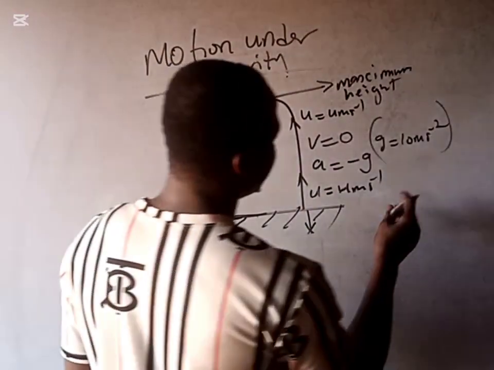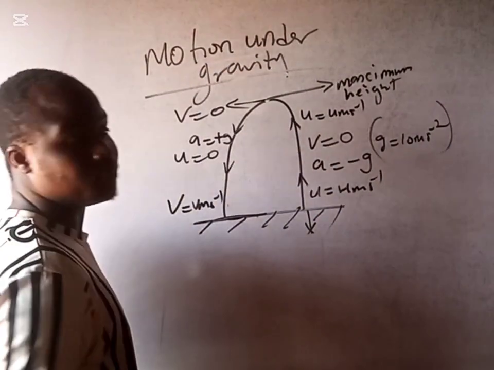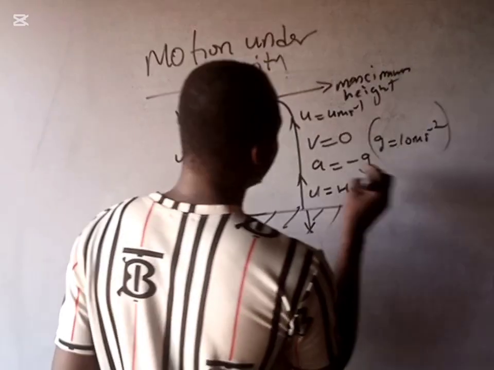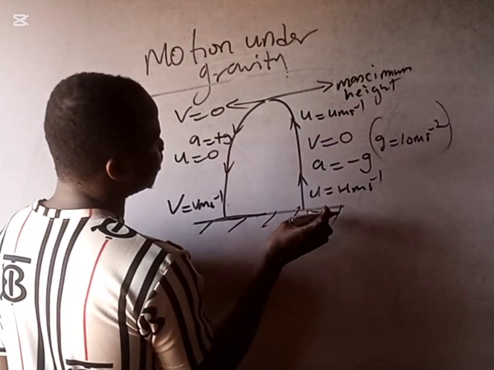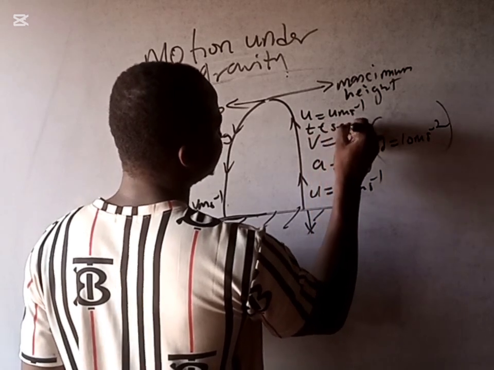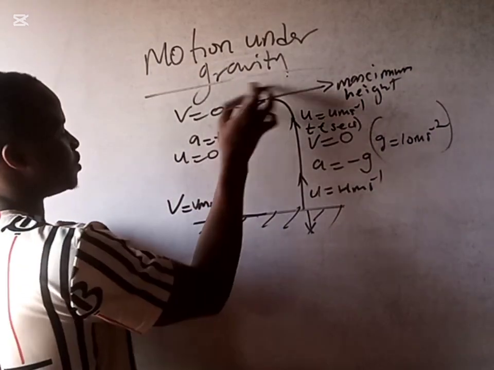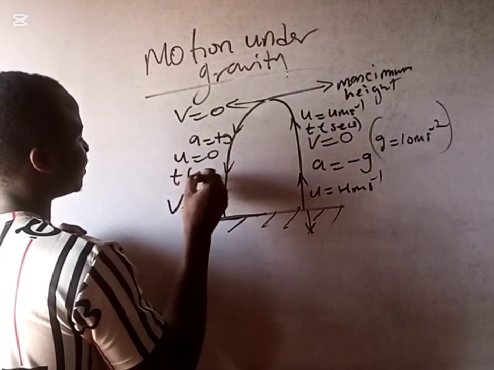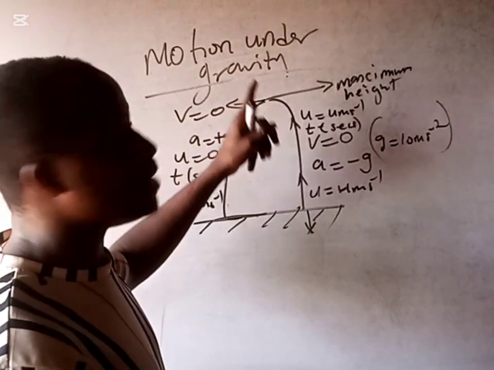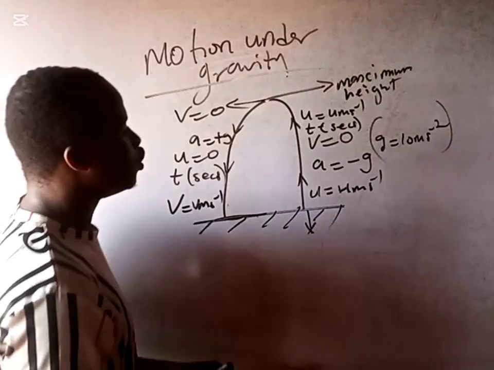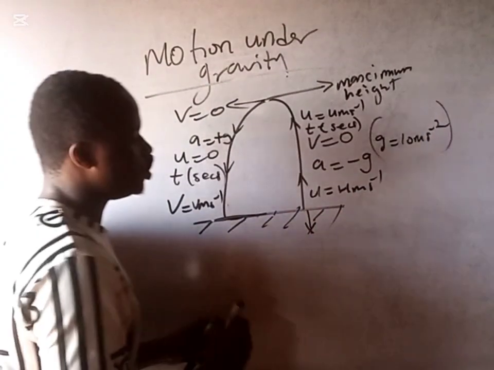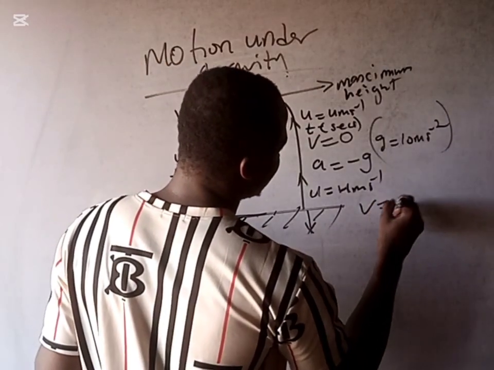Now, this explains also the equation of motion. And don't forget that there is a time at which the object is thrown. So the time is also relevant. Time in seconds. Don't forget that. There is a time at which the object took off. There is a time at which the object landed. So the equation that supported this is